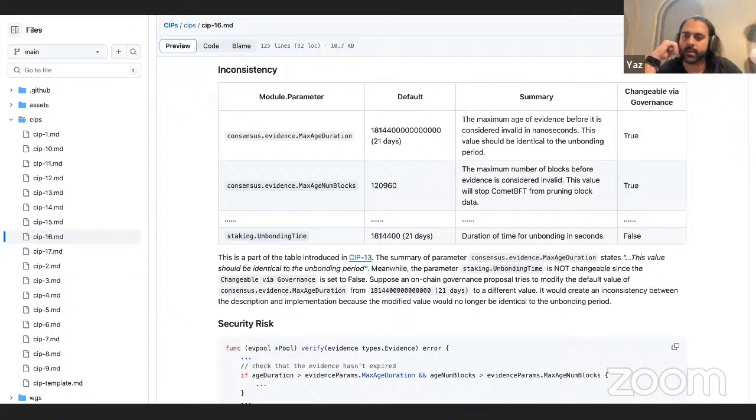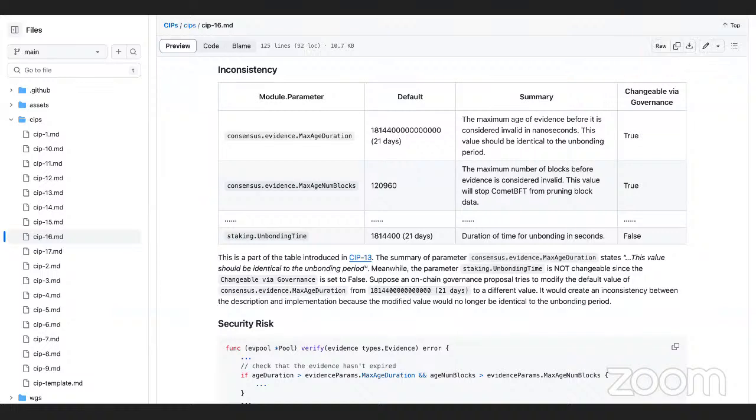Sounds good. So I think the feedback so far has been that this is a great starting point and we can use that as a template for future ones that we want to, I guess the word I'm looking for is immutable, make the governance parameter immutable so they can't be modified anymore via on-chain governance. Anyone else? Rutul maybe, or Callum or Evan?